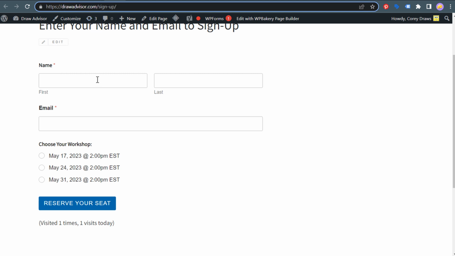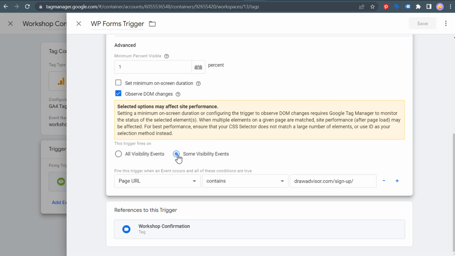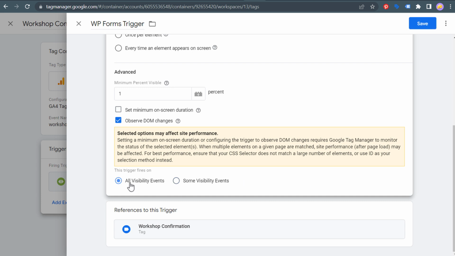So I have drawadvisor.com/signup. Every time someone fills out this form, we're going to be doing when the page URL contains the page URL that we're currently on. You don't need to do this. You can click on the minus sign and just do every single time that this form is actually submitted anywhere